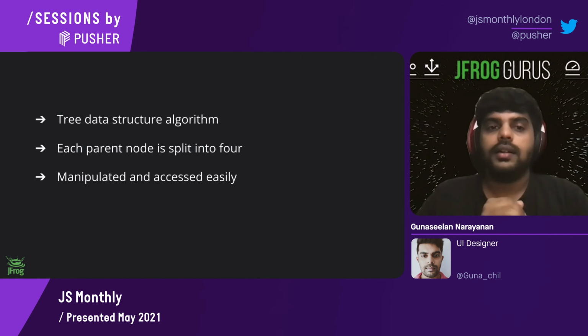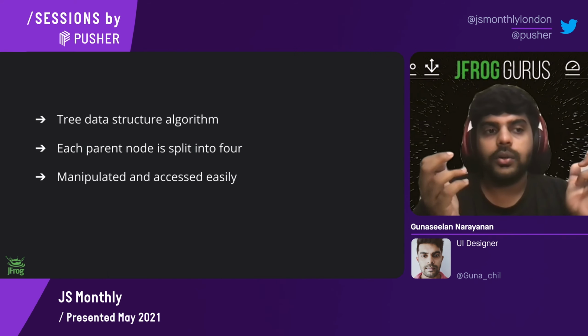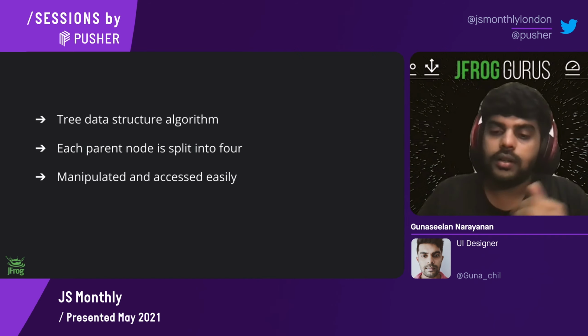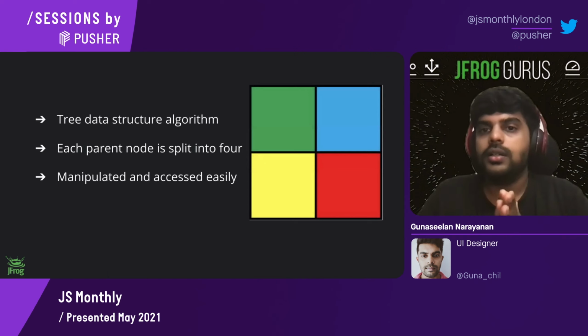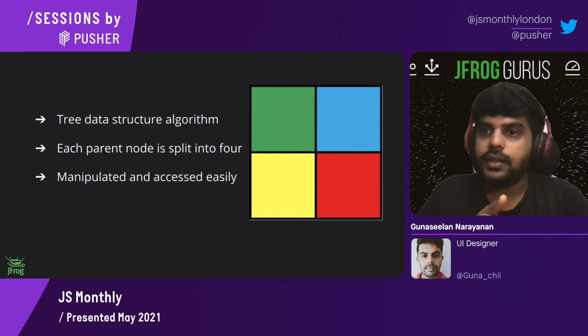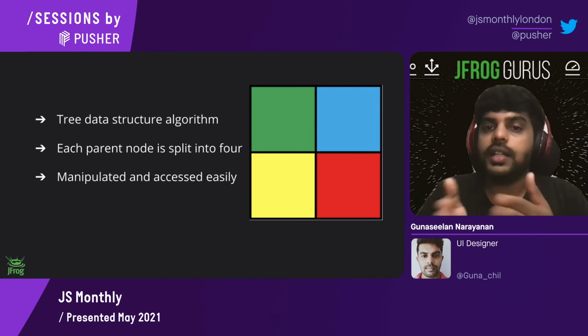And why Quadtree? Quadtree is nothing but you are having a space, and you are going to separate it however you want. So when you're going to separate it by 4, it can be manipulated and accessed easily. Let me show you why. Consider this square. So consider the whole square as a parent node, and you're going to split it into 4, right? What happens is each inner square becomes a child. So in the same way, that inner square can be split into 4 and that forms a parent node, and again it goes on. In a circle, you can't do that.